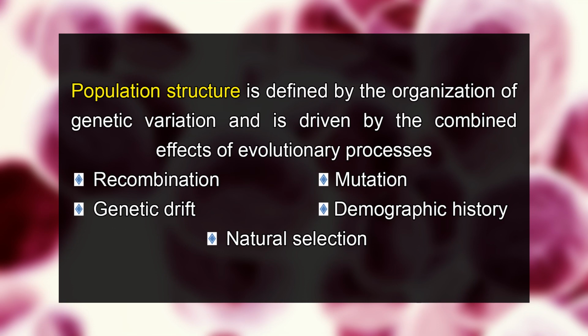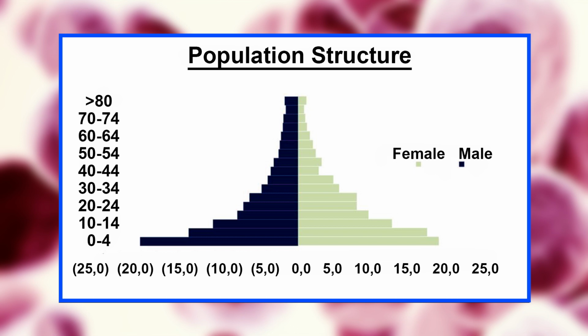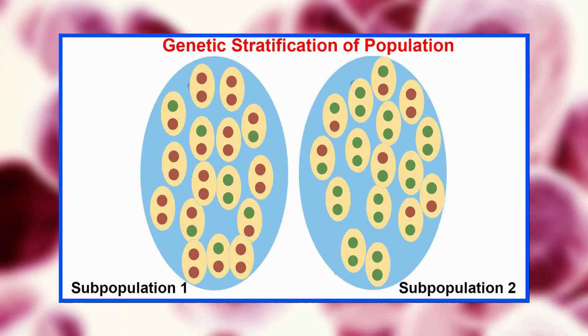Dear students, let's start with the introduction first. Population structure is defined by the organization of genetic variations and is driven by the combined effects of evolutionary processes that include recombination, mutation, genetic drift, demographic history, and natural selection. Population structure, which is also known as genetic structure and population stratification, is the presence of a systematic difference in